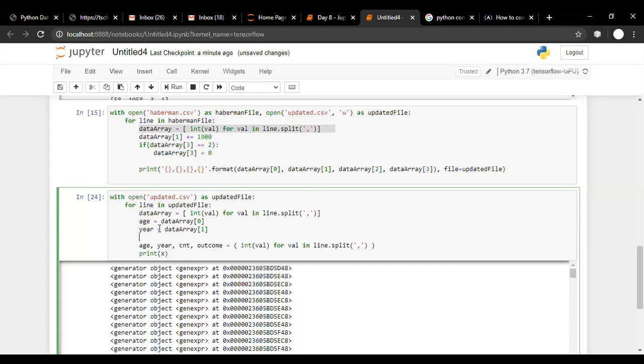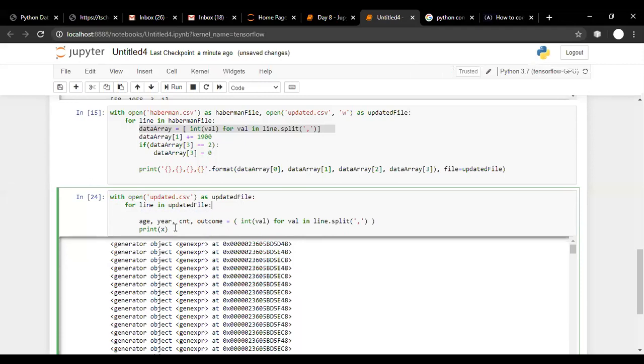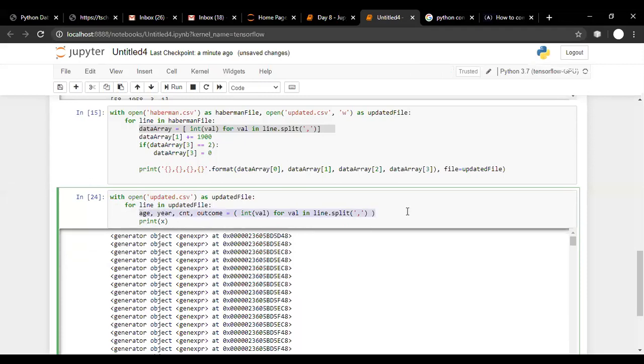But this is unnecessarily increasing the size of the code. First convert it into an array of integers using list comprehension, and then assign meaningful variables to it. Just to avoid these things, we can simply delete this and write everything in one line using a generator expression.